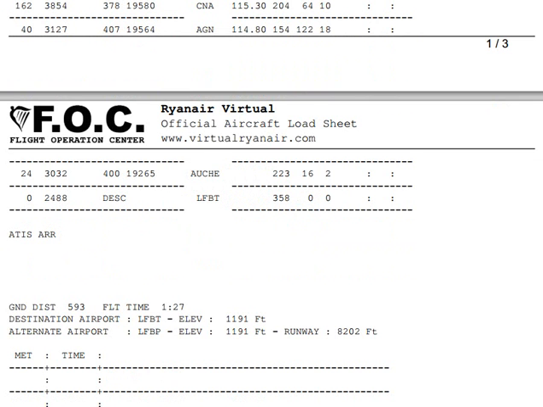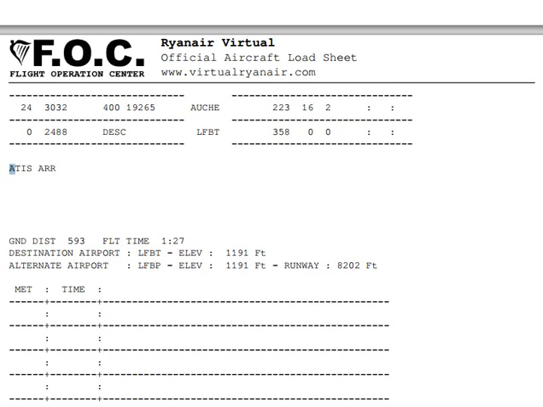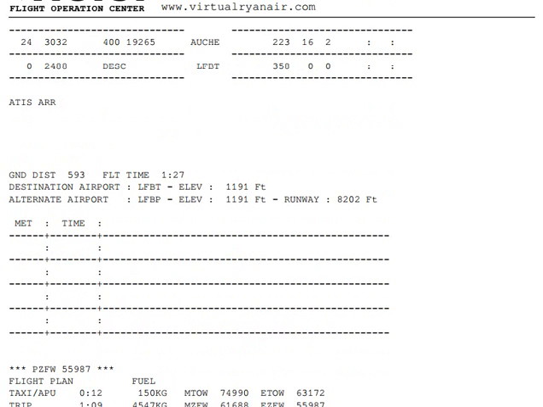Here you can see down here, it continues and it arrives at Tarbes. Right here you can see that according to the flight plan, we should be landing with about 2,488 kilograms of fuel, which is safe. Minimum landing is 2,300, so you can see we've definitely got a safety buffer there, especially with the winds not being in our favor. Then we've got a spot for the arrival ATIS, and then we've got ground distance of